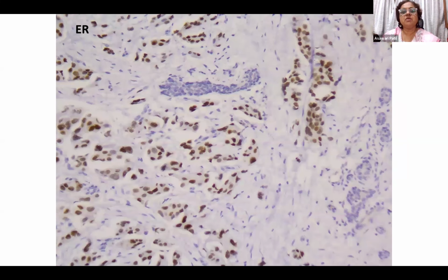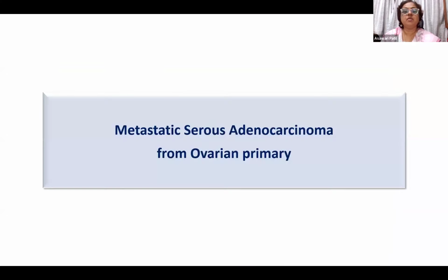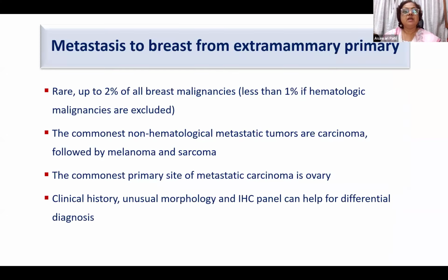ER was nicely positive, but there was a history. There was a history that the patient had an ovarian mass. So we did WT1, which is positive, and this was ovarian serous carcinoma metastasizing to breast. So this is one important aspect we need to remember. Although it is very rare,